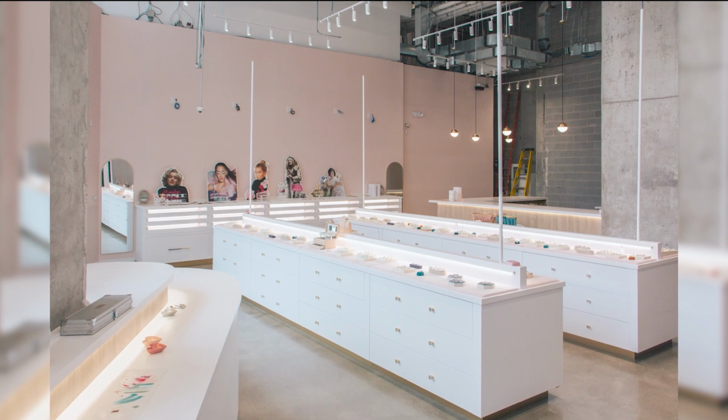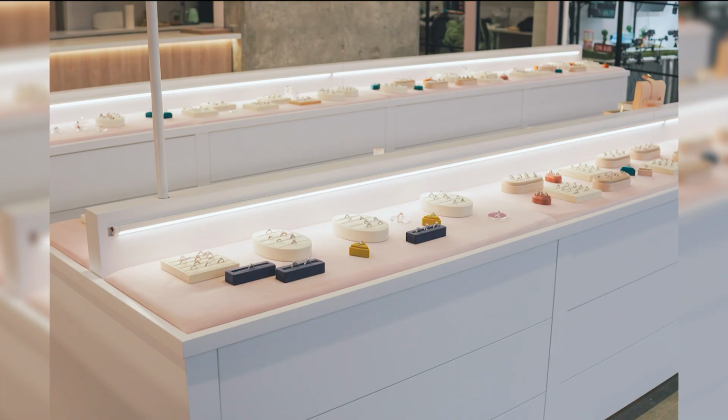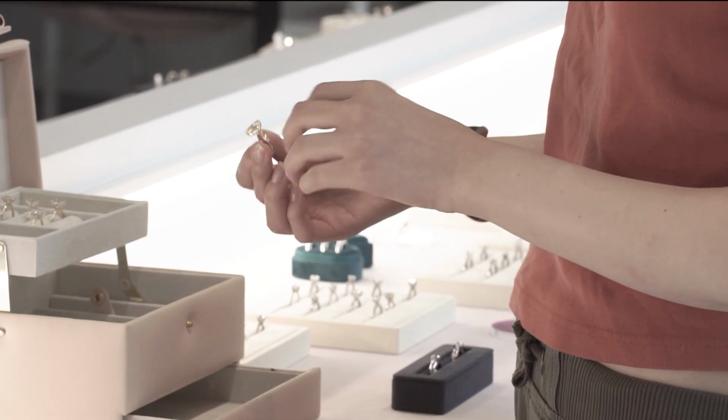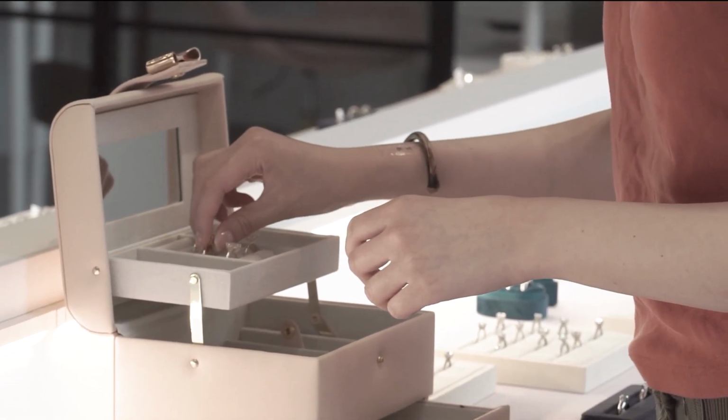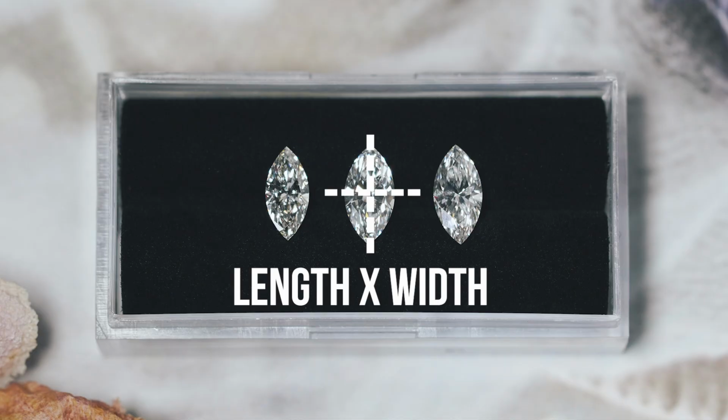So in our showroom, we have hundreds of styles. Those are all high-end replicas. You can come in, try styles on, treat it like your own personal jewelry closet. While you're in store with us, our consultants will do a ring size fitting. We'll get all the dimensions online, on file, so we can really make sure that the big is what we're still talking about. We're gonna keep in mind the circumference, we're gonna keep in mind the length to width,